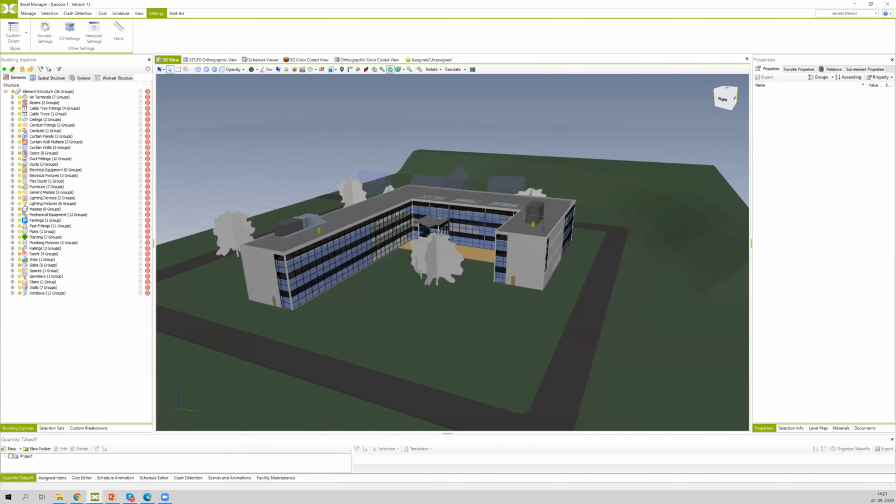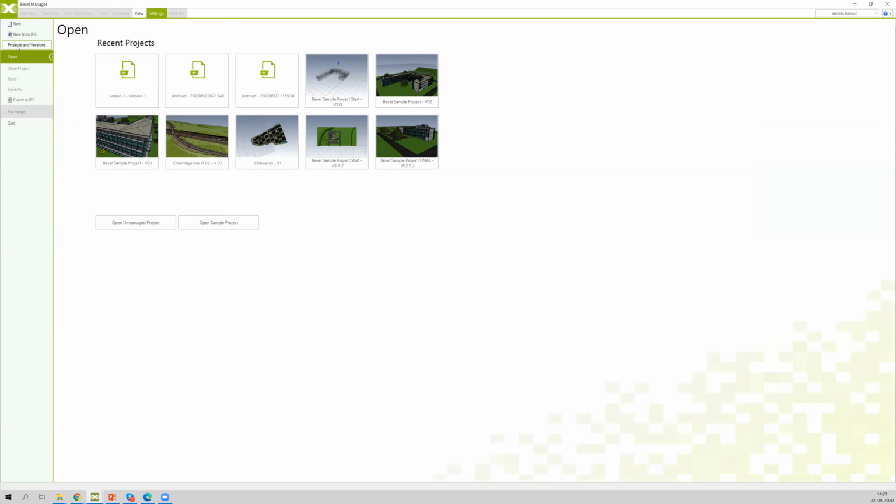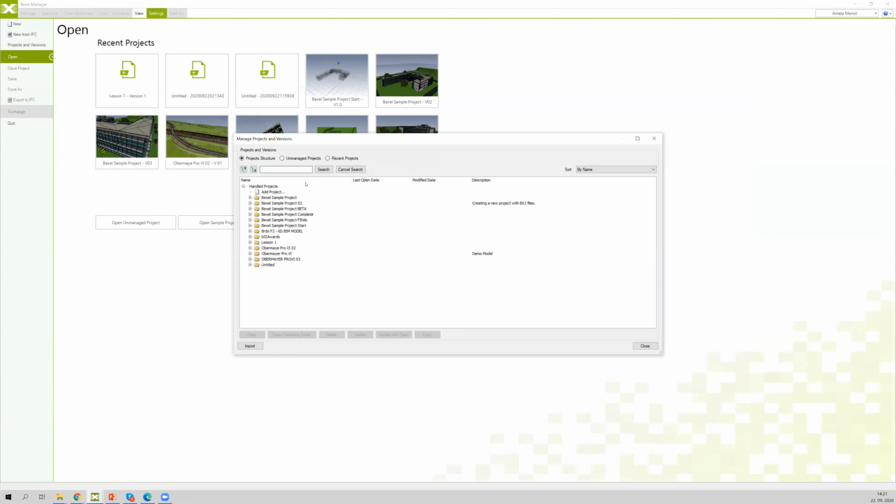We will go back to the welcome screen and we will close this project. And then I will activate the command projects and versions. In the Manage Projects and Versions window, you can see the list of all the projects and activate the project named Lesson 1 and the version 1. When you choose a certain version, you can see that these commands activate, and just click on the Update command